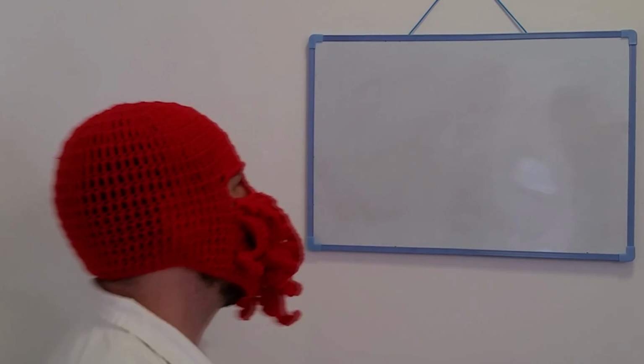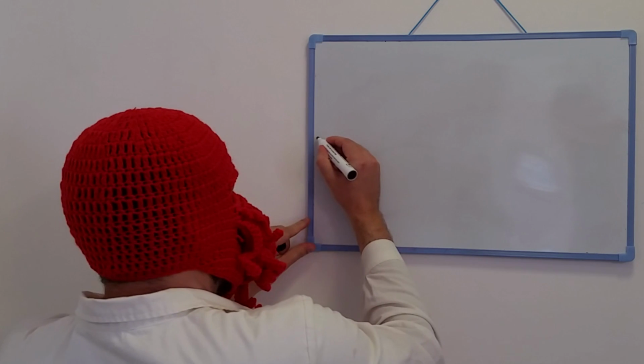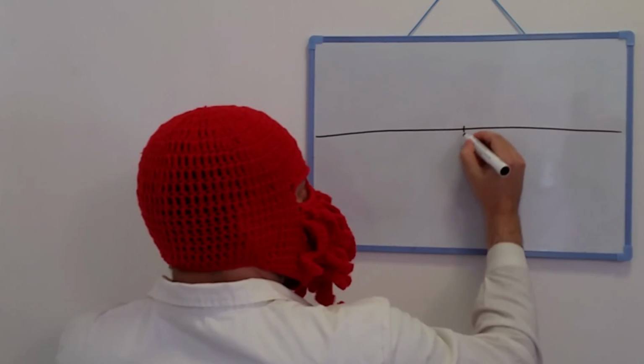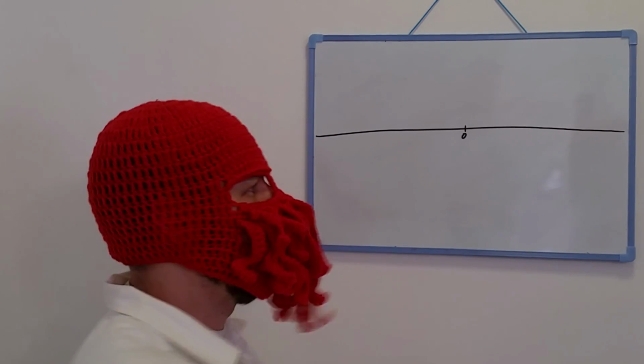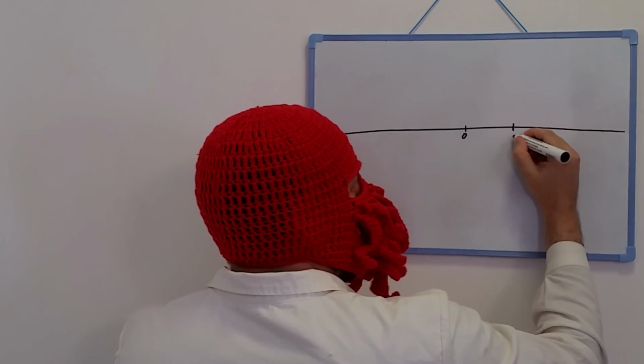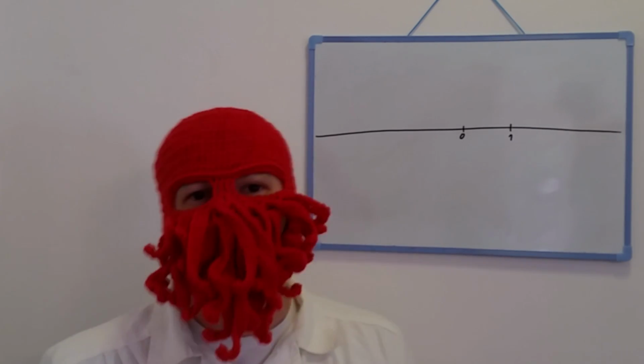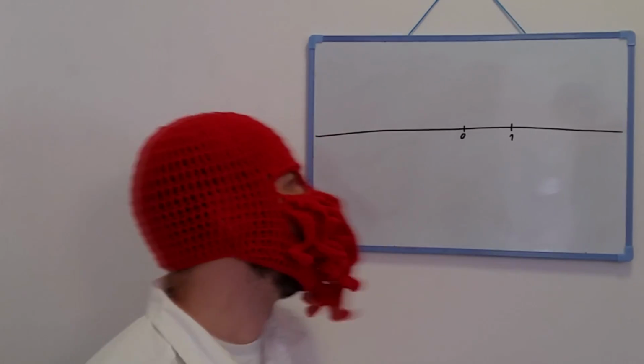Today I want to explain the whole plot of Star Trek Discovery Season 2. And first I will draw the timeline. So this is the timeline. Let's say the number 0 is the start of Season 2 of Star Trek Discovery, and the number 1 is the end of the season, even though we don't really know how long the season lasted. Usually a season of Star Trek lasts about 1 year.